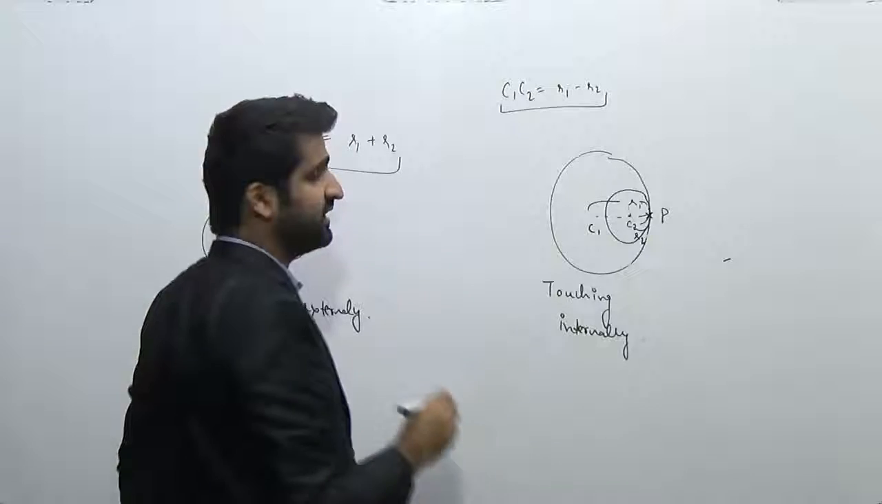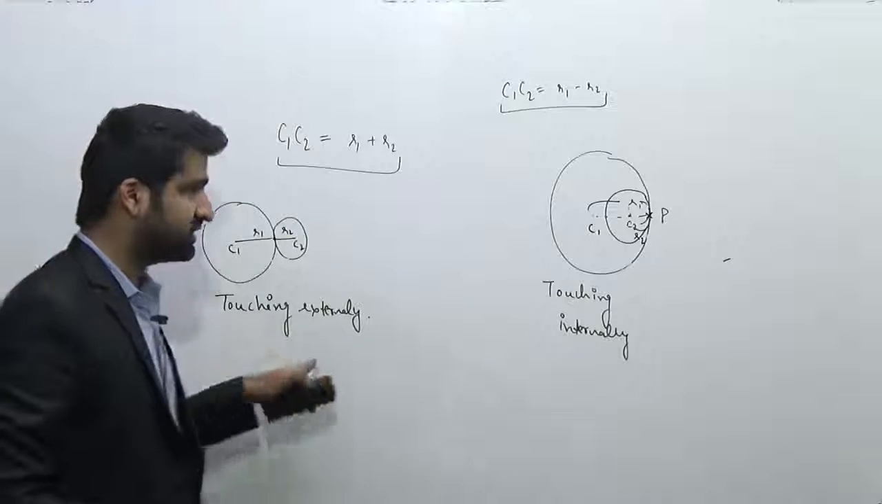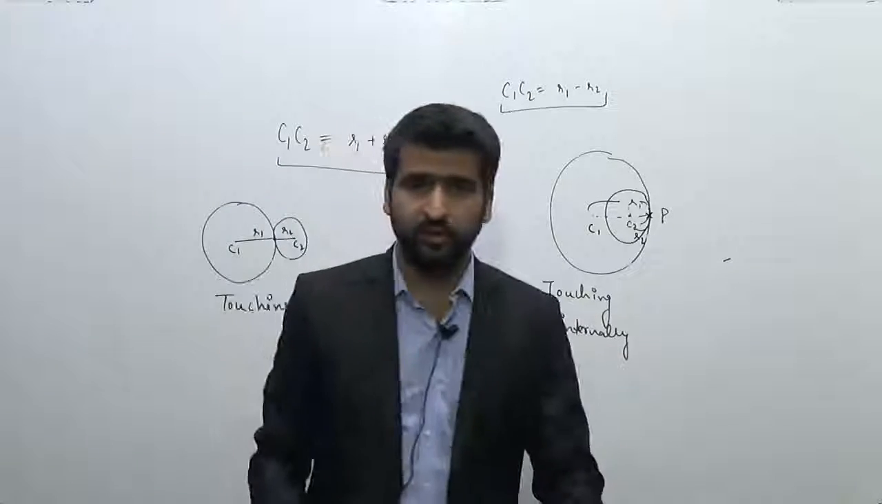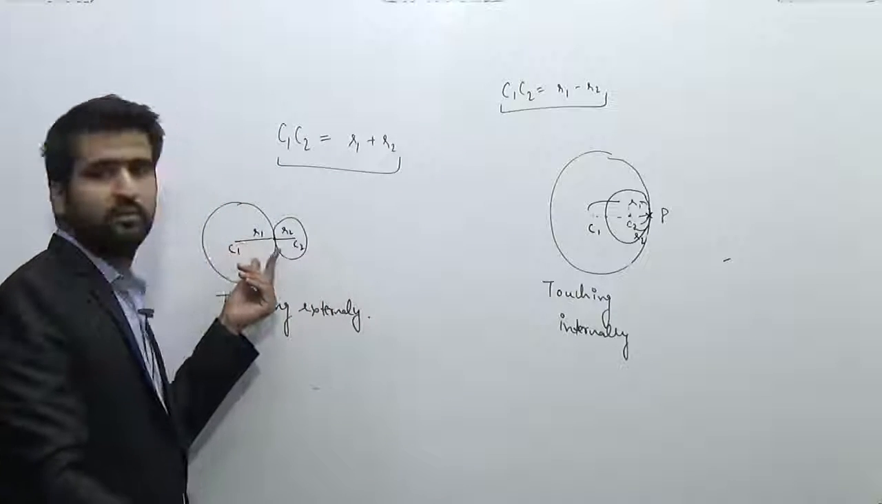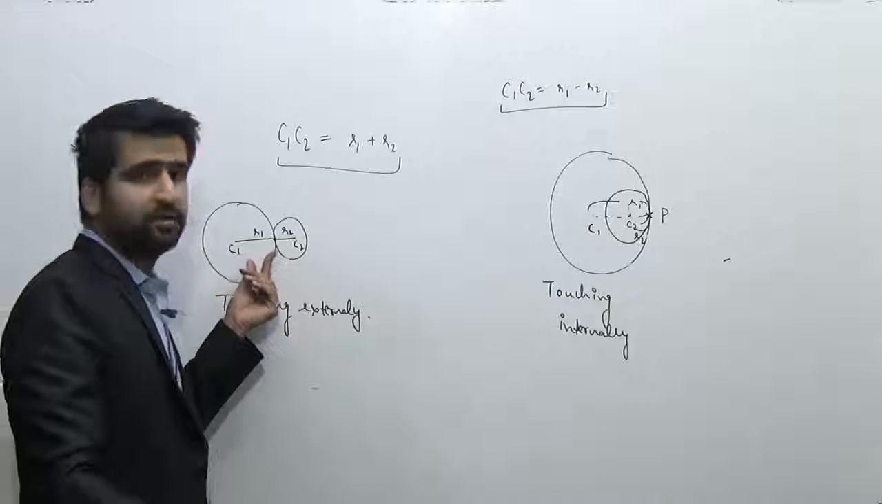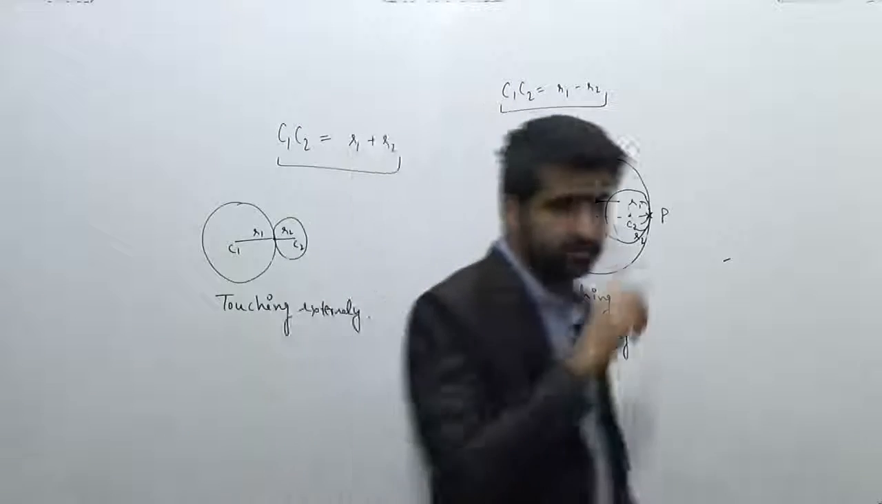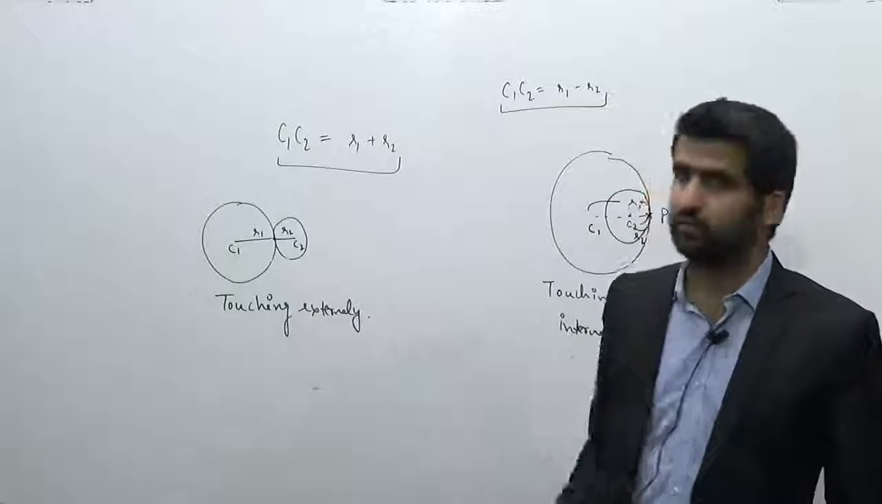So these are the 2 basic conditions if the circle is touching externally and the circle is touching internally. So if you are given 2 equations of the circle, you are given the value of center and radius of the first circle, similarly the center and radius of the second circle. So how can you